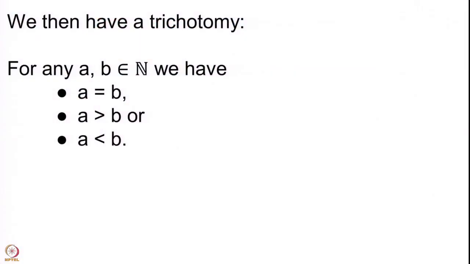So, this is trichotomy. Trichotomy says that there are only these three possibilities. These three types of relations exhaust all pairs of natural numbers. So, let us read it again. Whenever we have a and b, any two natural numbers, you will either have that a is equal to b, a is bigger than b, or a is smaller than b. Again, you may think that this is quite obvious. Indeed, it is very obvious by what we have developed so far.